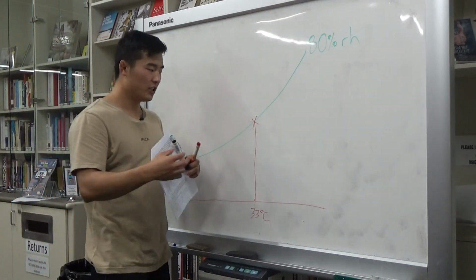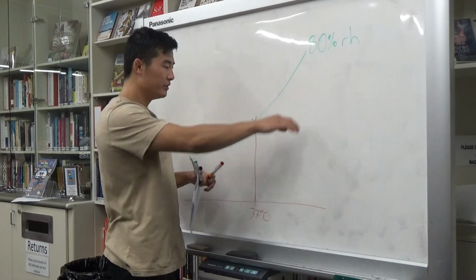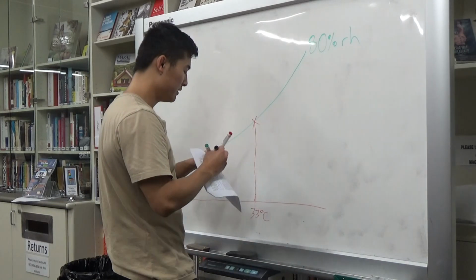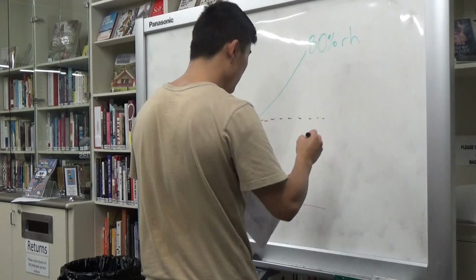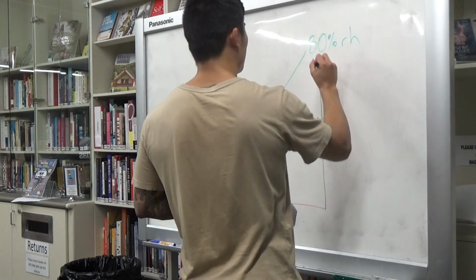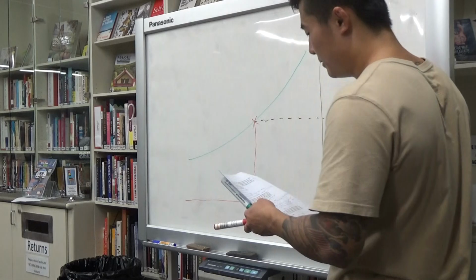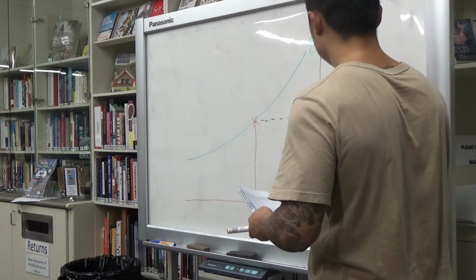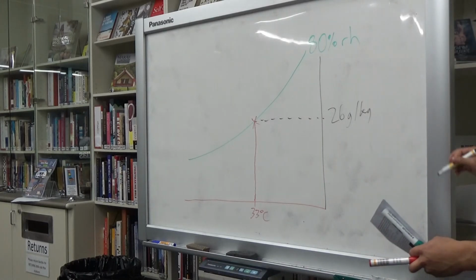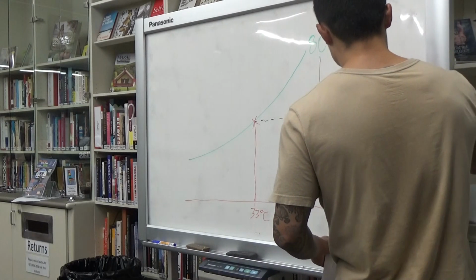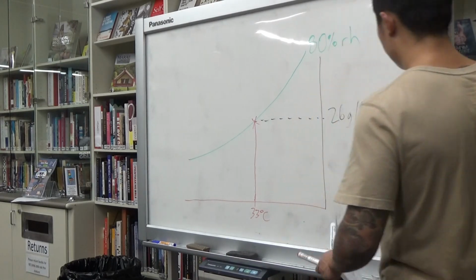And the initial moisture content is going to be the Y value, so the height. So you're going to go across horizontally, and this value should be 26 grams per kilogram. So that's your initial moisture content,